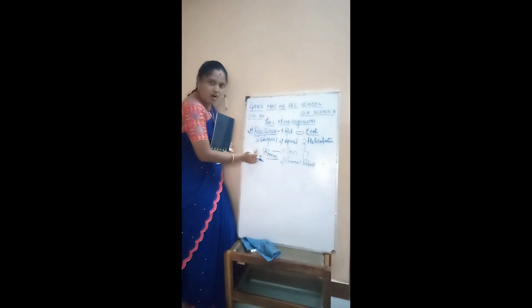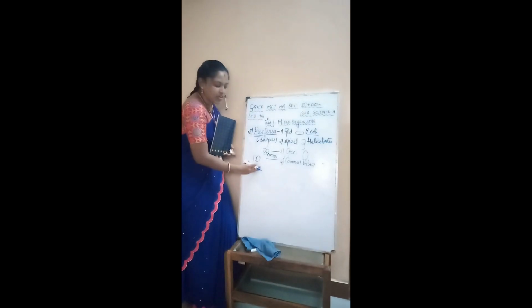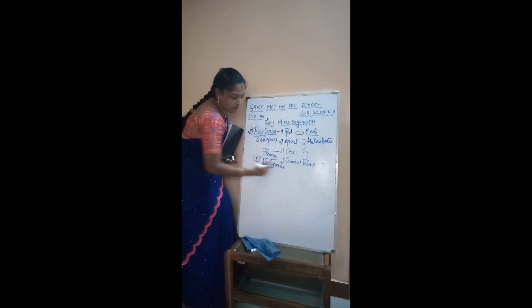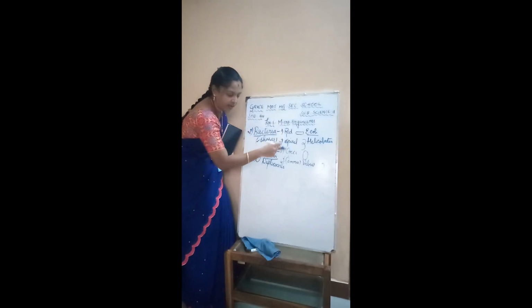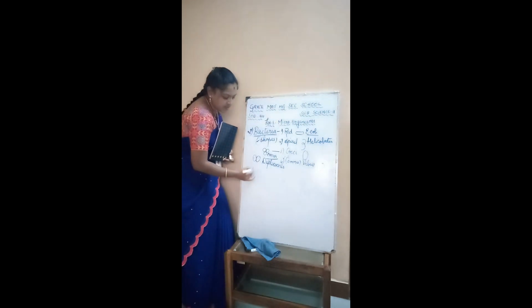Now this cocci bacteria, when it is found in pairs, we call it diplococci. What is it called? Diplococcus. Because I told you when it is single, it is cocci. Now it is 2, right? So it is Diplococcus. Next, 3 means Triplococcus. Next, when it is found in the form of chains,